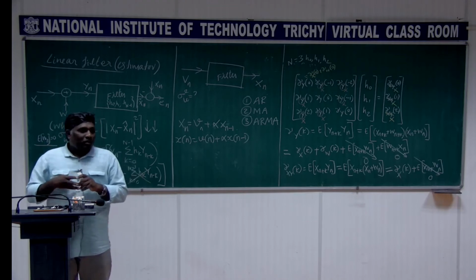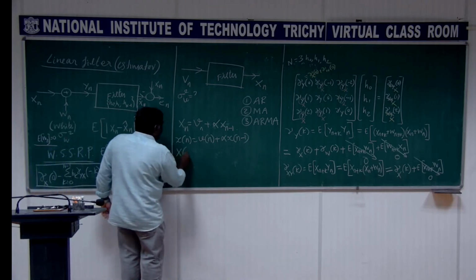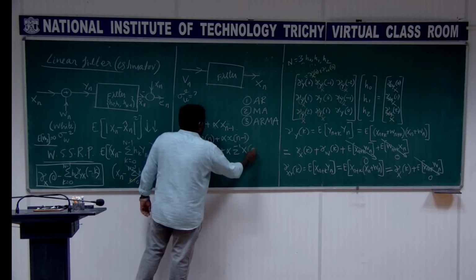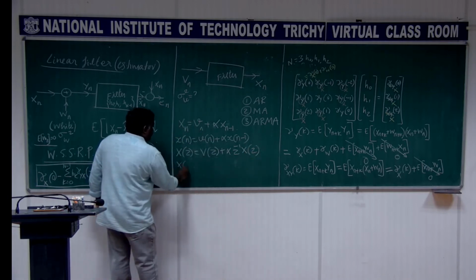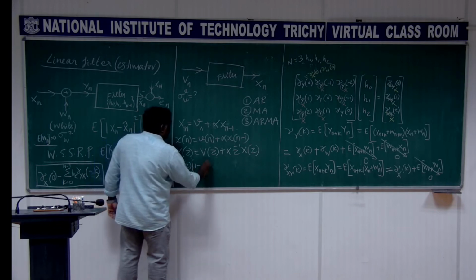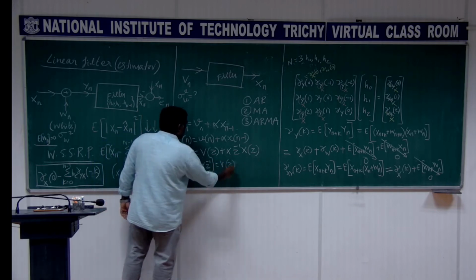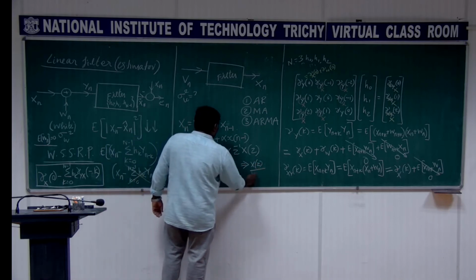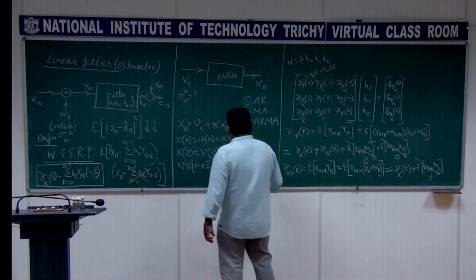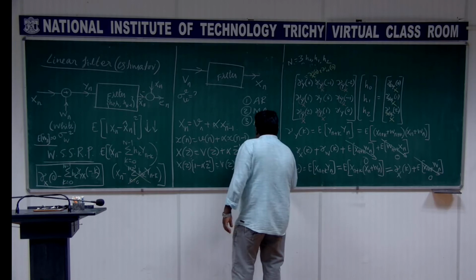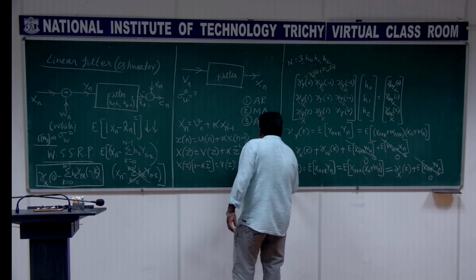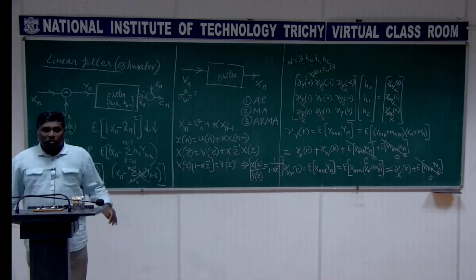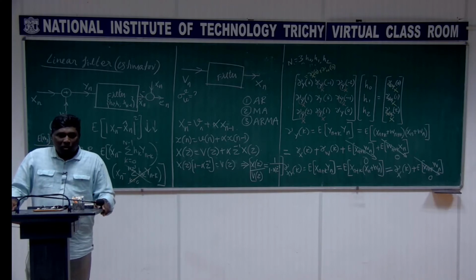I am telling this one because I can take Z transformation for this, so that we get the expression like this, right? So this is 1 minus alpha Z inverse, that is V of Z here. So this implies X of Z by V of Z is 1 by 1 minus alpha Z inverse, right? This is having that pole, all pole model, AR modeling, right?